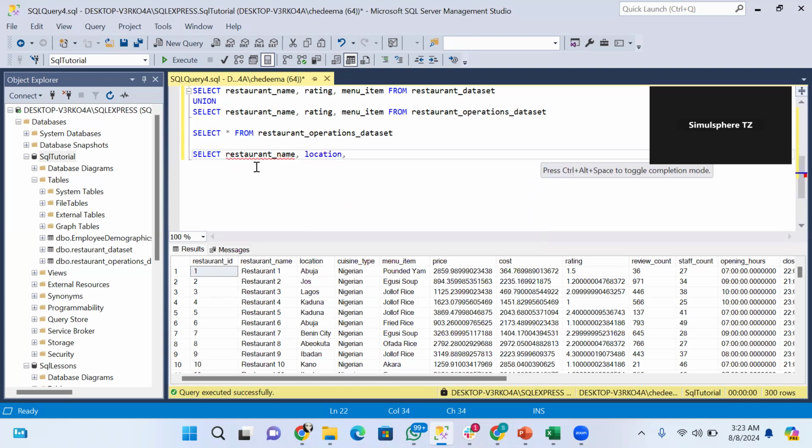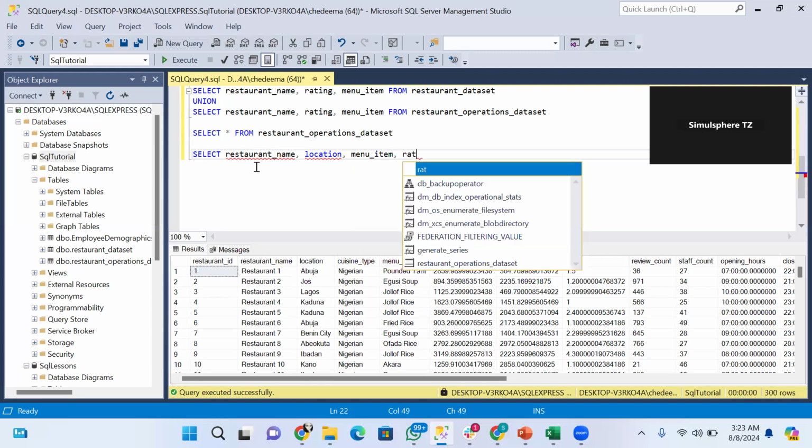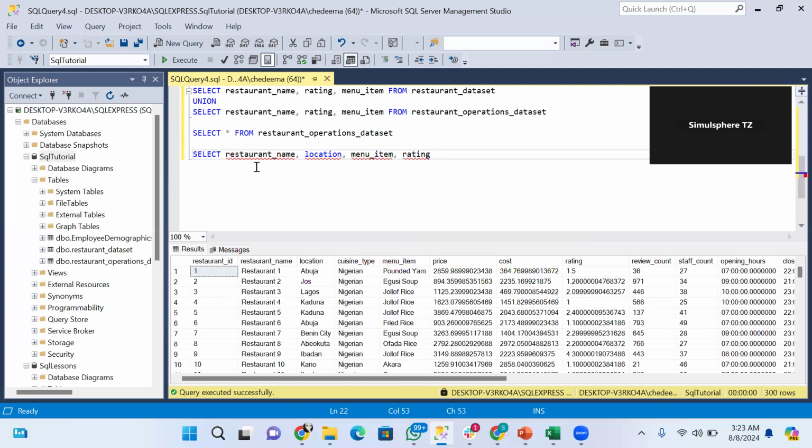I will also be selecting menu item. I think I will stop there for now. I will also be selecting rating from